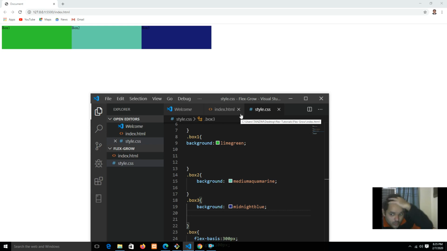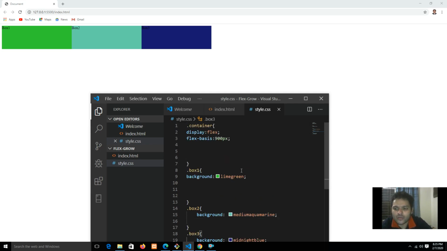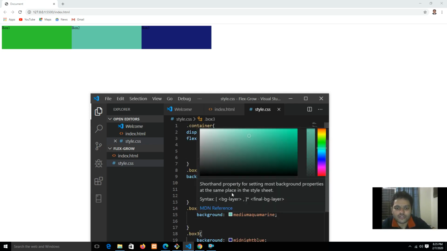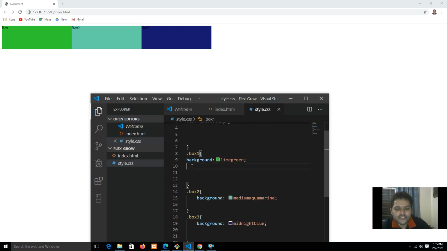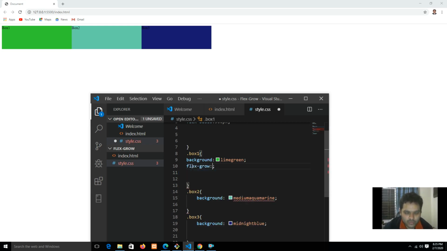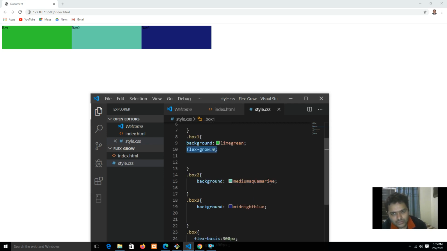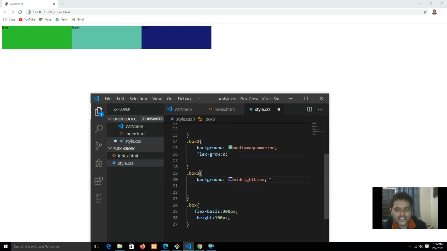So what we need to do is fill these spaces up, otherwise it looks a bit bad. For that there is a wonderful property in flex called flex grow. What flex grow does is, by default everything is flex grow 0. So let me type flex grow 0 and let me just copy and paste these. Now this is very basic stuff, but some things they might ask you in an interview,